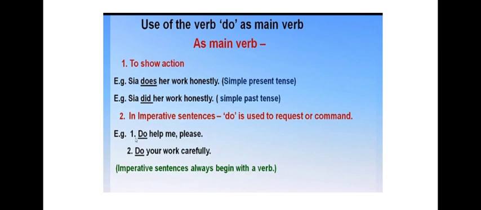So in example number 1, do help me please. Now this is a request, right? Example number 2, do your work carefully. Now here this is a command. So in sentences like request and command, we use the form of do as do only. Okay, imperative sentence always begins with a verb. It doesn't begin with a subject, no, it begins with any other word, but it will always begin with a verb. Okay,